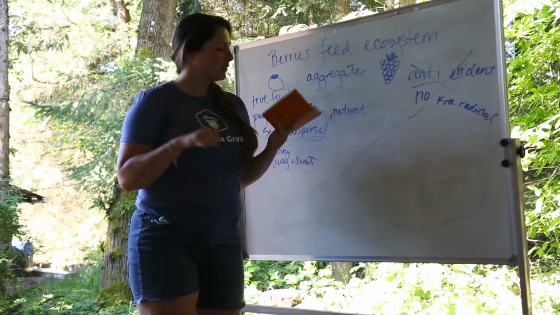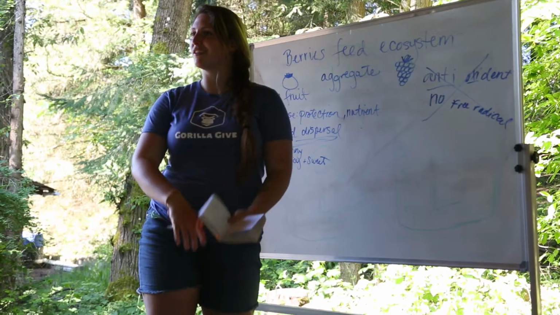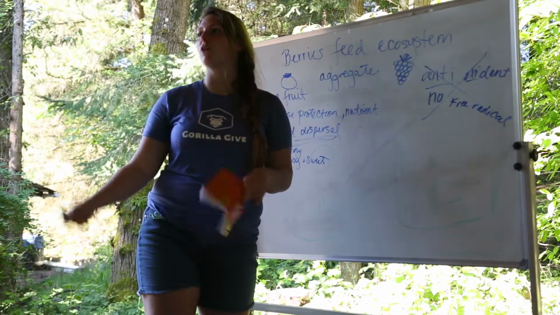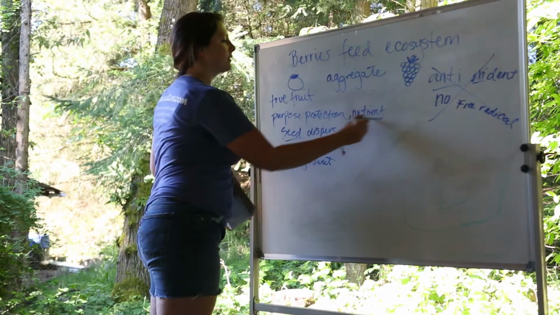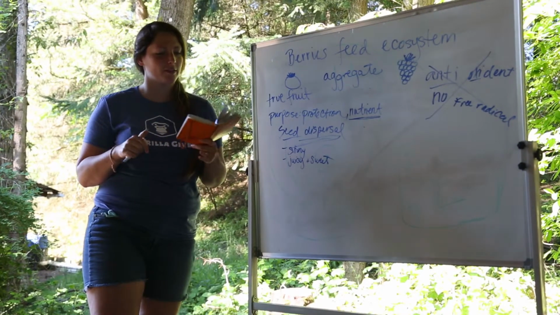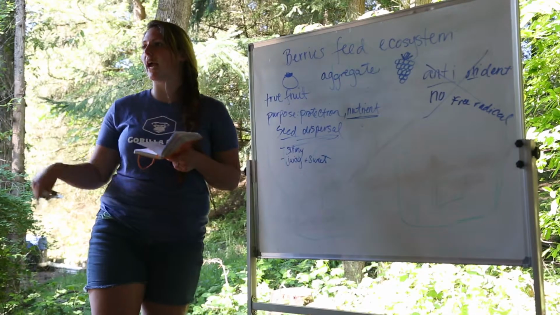When it passes through your digestive system, we talked about that. It comes with its own fertilizer that then deposits itself back into the ground and it grows that way. So we consume the berry part, but then the nutrients come from us. So we work together because we're part of the ecosystem together. Since time immemorial, humans have been consuming and interacting with berries.